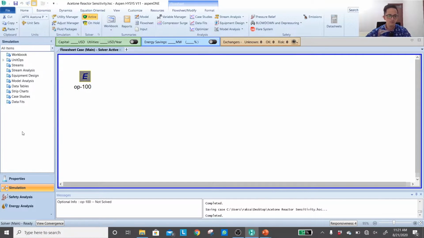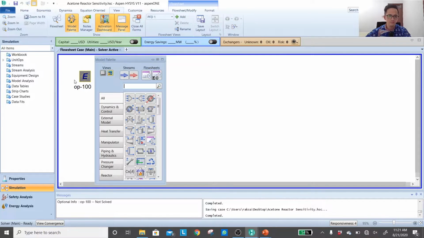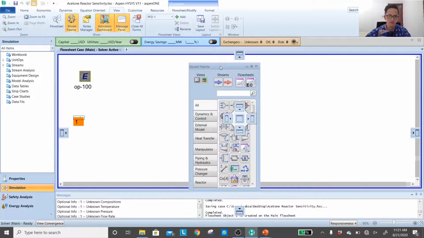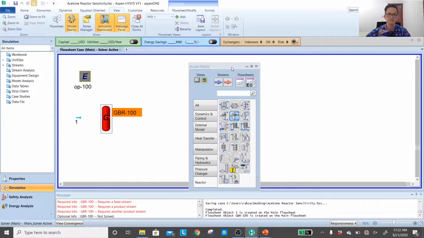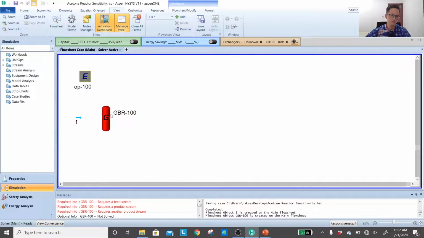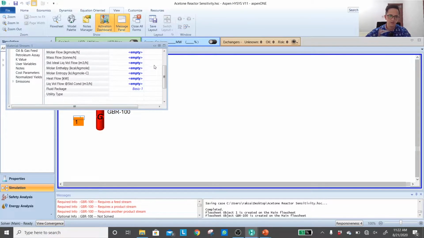Okay, so let's add our feed stream, and then go into the reactor. Again, we will start with the Gibbs reactor. So I will connect it. Let me rename it.